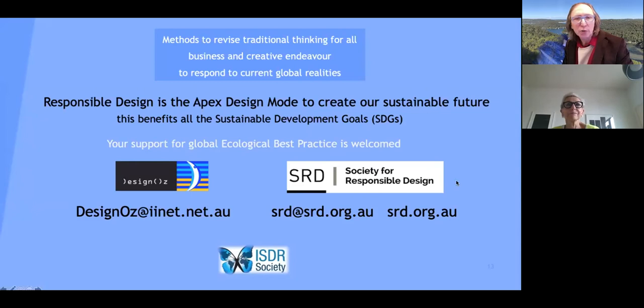When shared, we can build a much greater innovation resource that will benefit all people and species of the world. The greater participation, the more robust are the results. Many of these concepts and practices need to be in all disciplines. Wider inclusion of responsible design will result in greater progress to sustainability in the real world, with greater benefit to